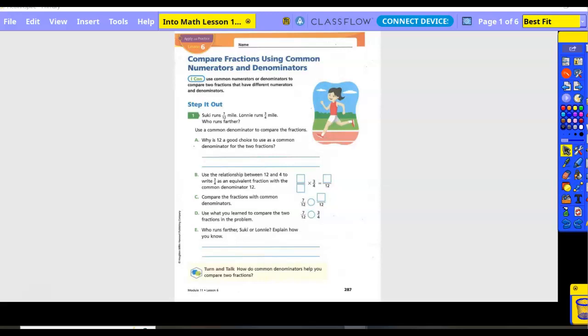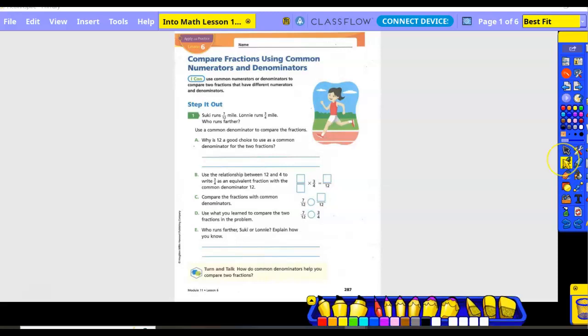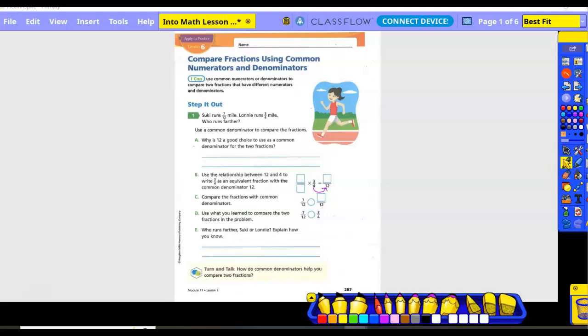So B, use the relationship between 12 and 4 to write 3/4 as an equivalent fraction. Okay. So how did we get from 4 to 12? By 3, right? So what I do on the bottom, I also do on the top. So 3 times 3 is 9. So our new fraction is 9/12. We didn't have to change 7/12 because 12 is already our denominator, right? Yes. Okay,